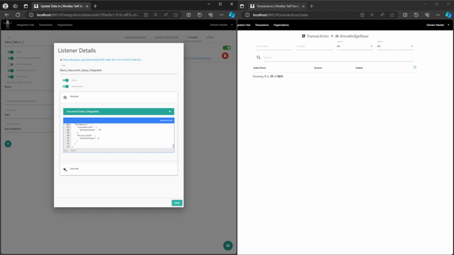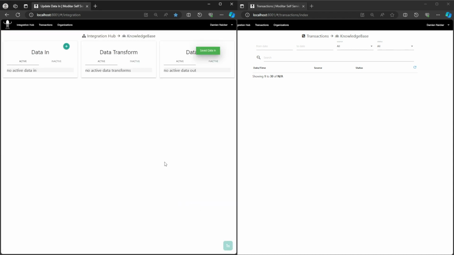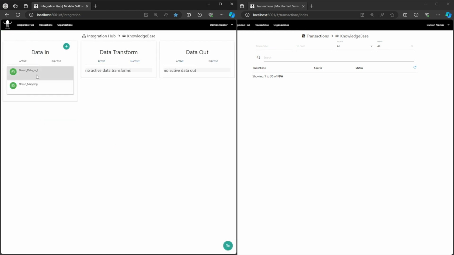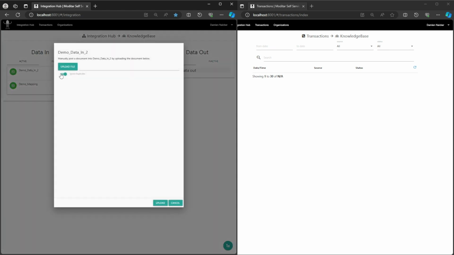So let's save our listener, let's save our data in, and let's just check by creating a transform of our data in. There isn't any data currently. So let's go ahead and post a document,